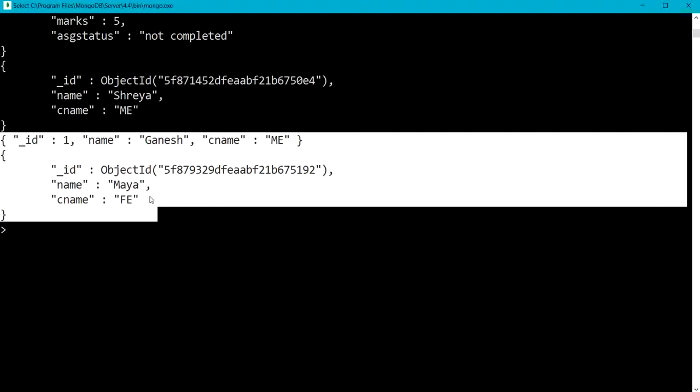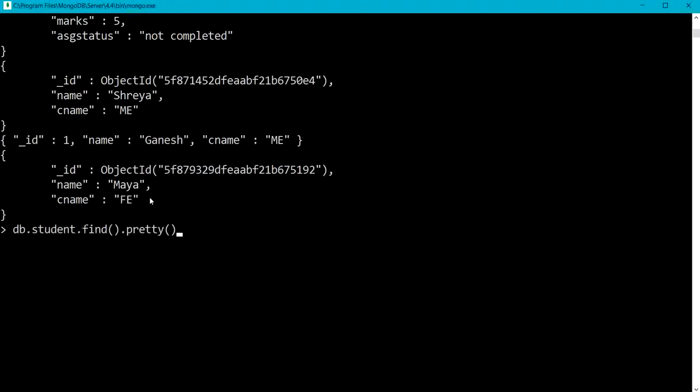So now we can use both the options at the same time. Let me use both options at the same time. Okay, so here I will use db.student.update.